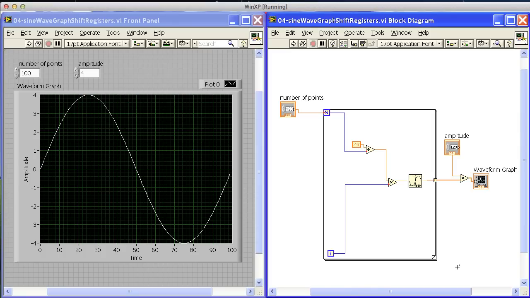Alright, this is a quick tutorial on how to change from my loop iteration terminal to a shift register. You can use one or the other. Oftentimes you can use either one, but sometimes one is better than the other, so it's good to know how to do both. Now I want to have the same output that I have now, which is a single cycle